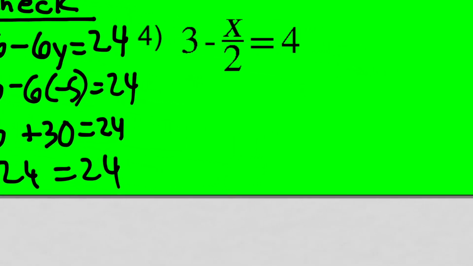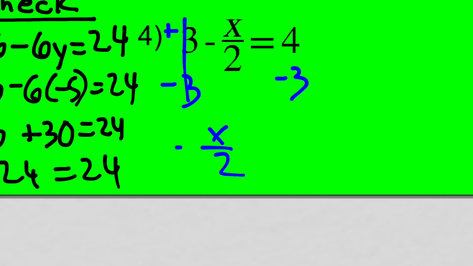Okay, last one we'll do, check this out. This is 3 minus x over 2 equals 4. So I have a divide. There's a minus in front of the divide, but this is a plus 3. So I'm going to start solving it by subtracting 3 from both sides. That goes away, and I'm not just left with an x divided by 2, I'm left with a x over 2, and there's a negative sign in front,